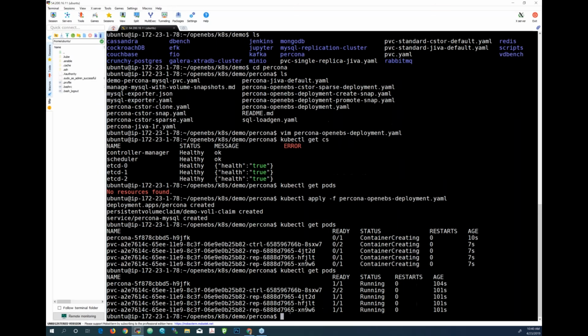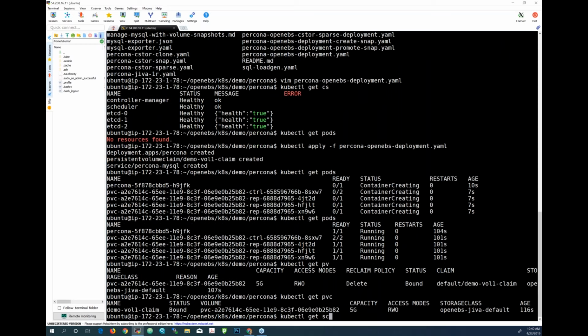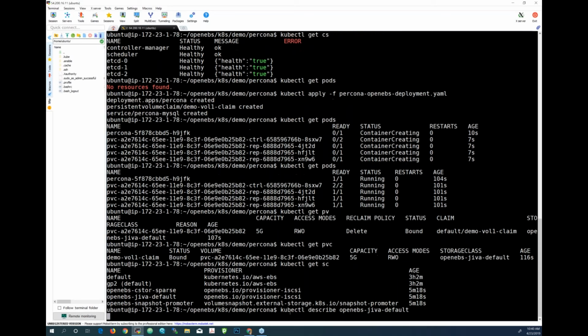So let's see. Very quickly, my application is now up and I can check there is a PV created, 5G, it is bound, that comes from the PVC and that comes from the storage class. One more thing before I hand my demo over to Uma, let's describe and take a look at the OpenEBS default storage class.